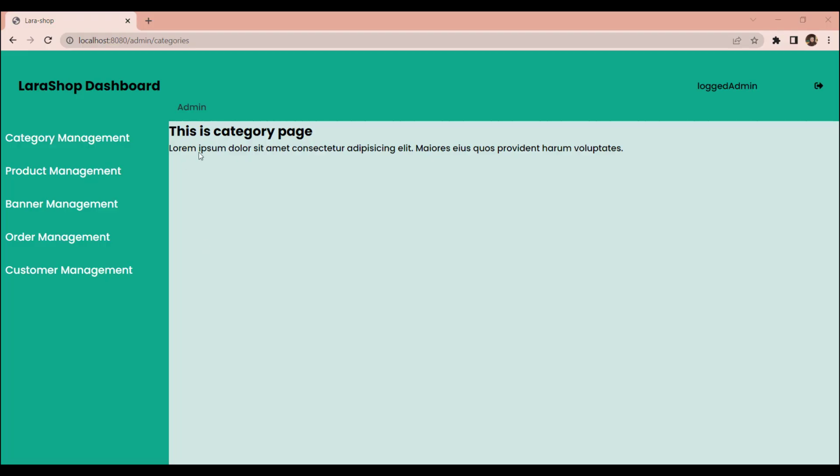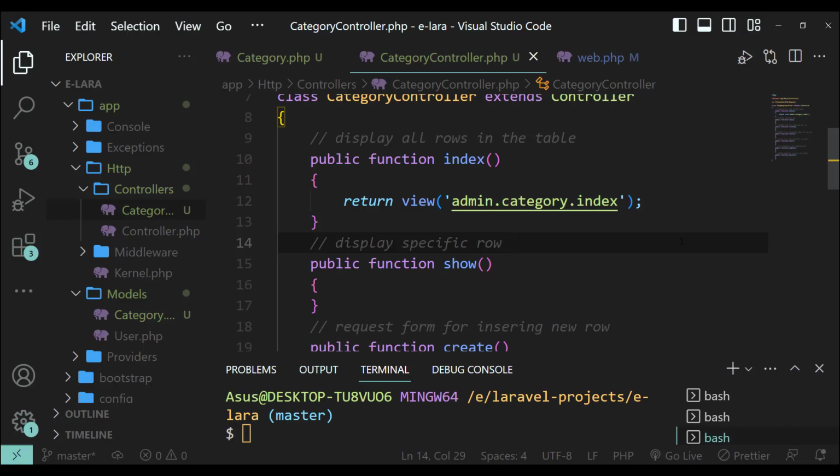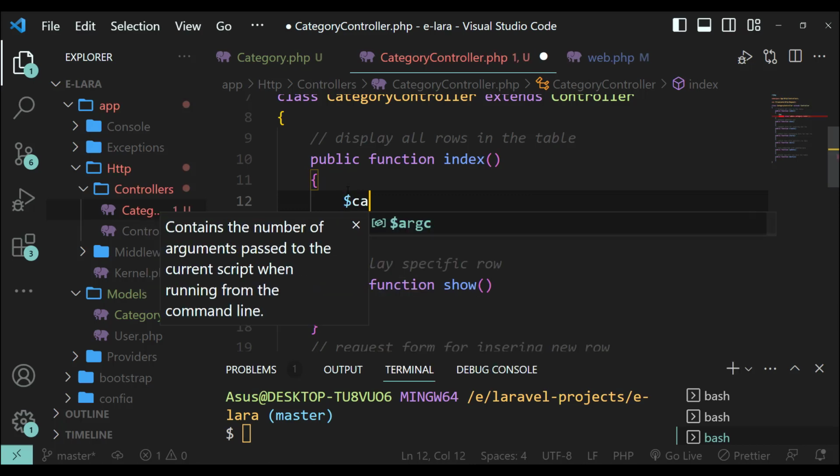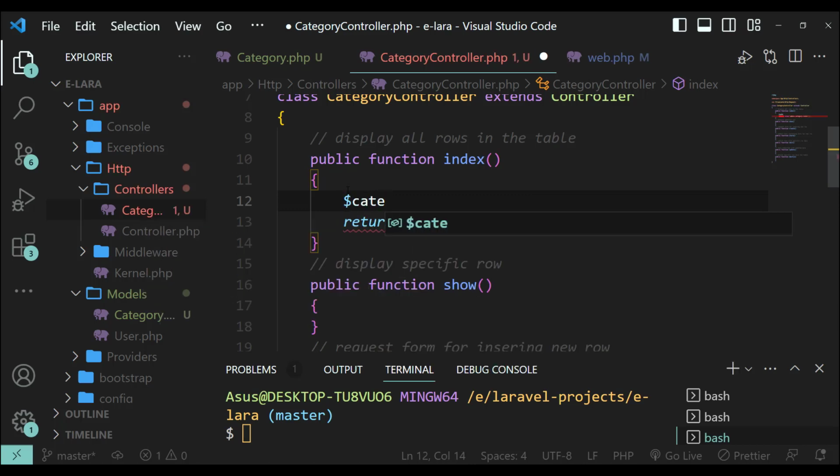Okay, now we have to change the contents of this page. So rather than displaying this static text, we want to get all the rows in the categories table displayed over here. So for that, within this index action or method, first of all we need to get those rows from the categories table. And to get those rows from the categories table, we have to access its model. So we need to define a variable which is going to represent